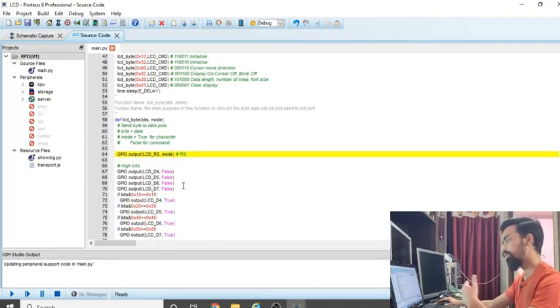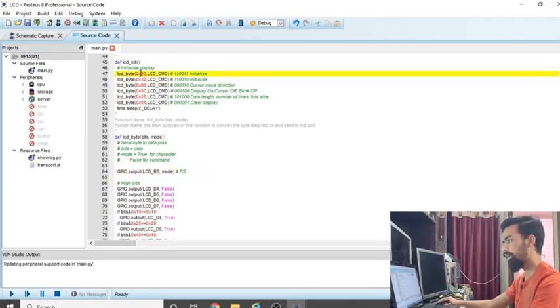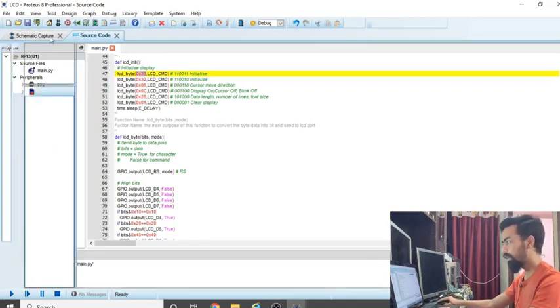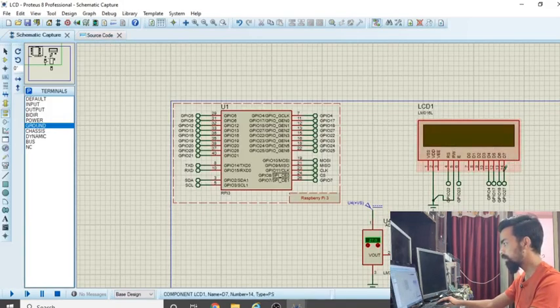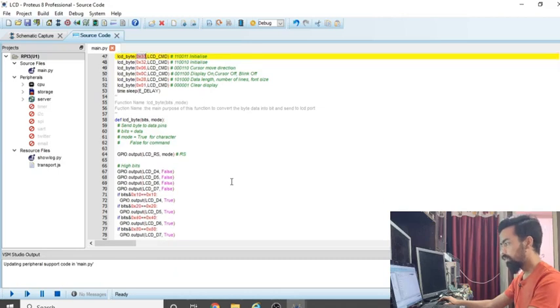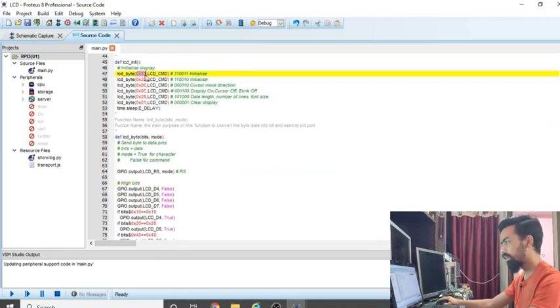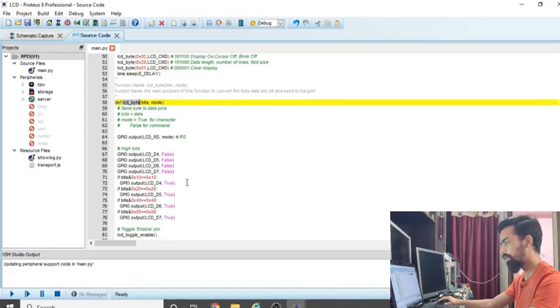Then after that we have to send the data. Data is 8 bits, but in our schematic we use 4 pins, so we have to segregate our data into 4 bits, and for that we use another logic. Once the value 33 is sent to LCD byte, it comes here.